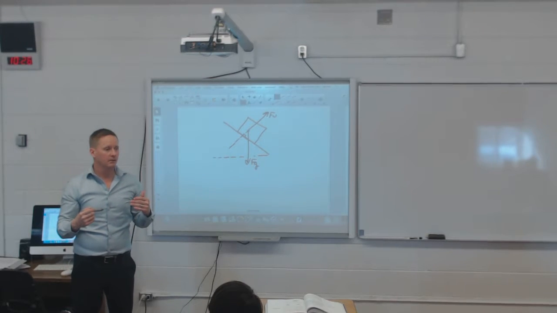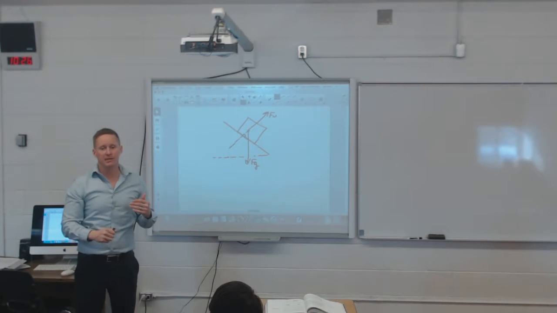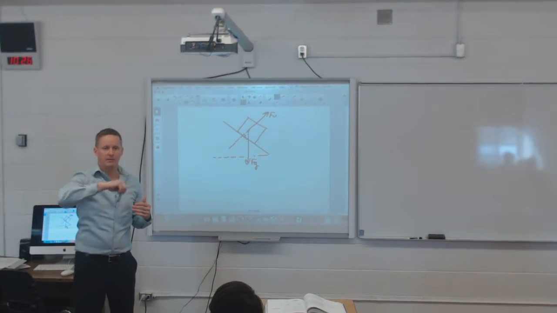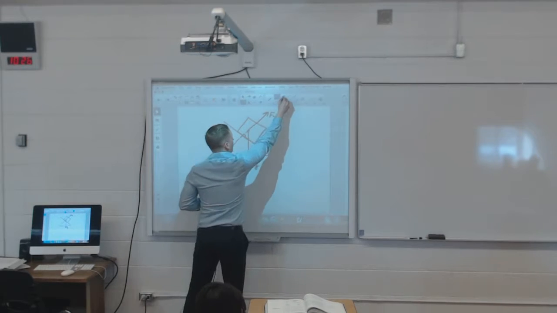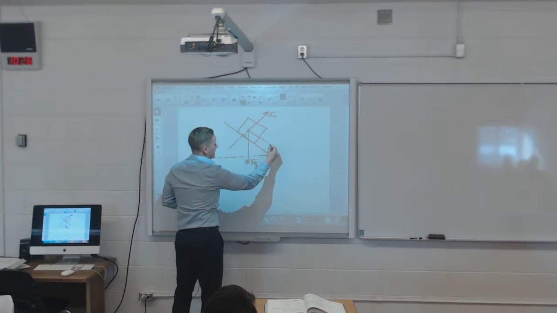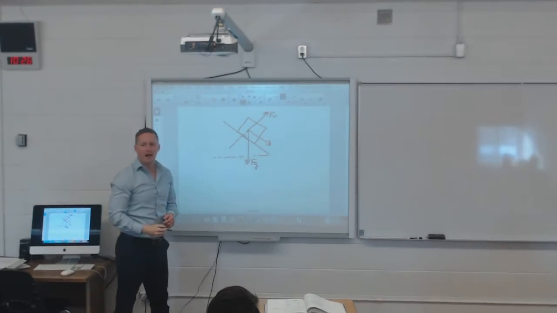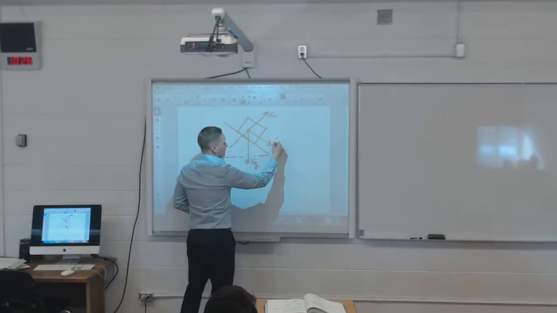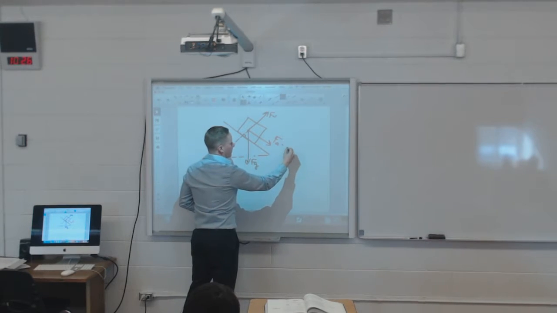You agree? The force of gravity is pulling the skier down. The normal force is pushing it back up, but there's still going to be a descent. So this force right here is moving down the hill parallel to it. That's the way the skier would move. Agreed? We're going to talk about the force applied.